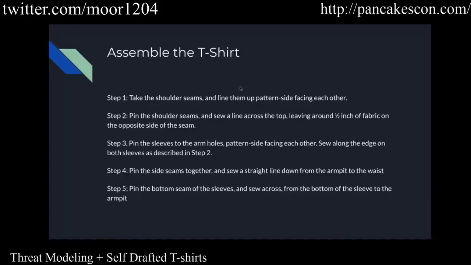That's going to be the bottom part of the sleeve. And then you're going to sew that around the perimeter of the sleeve hole, from the shoulder seam down to where the side seams will be sewn. You're going to do that for both sleeves. And then after you're done with that, you'll pin the side seams together, and you'll start from the bottom